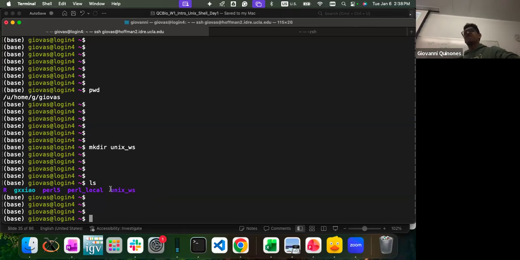So this is the folder where I'll put all the material related to this workshop. Right now I'm just listing it. How do I put a file inside this folder? The first thing I'm going to do is move into this folder. Right now I'm in my home directory, so I'm going to move into the Unix WS folder, and I'll do change directory, or cd, Unix WS.